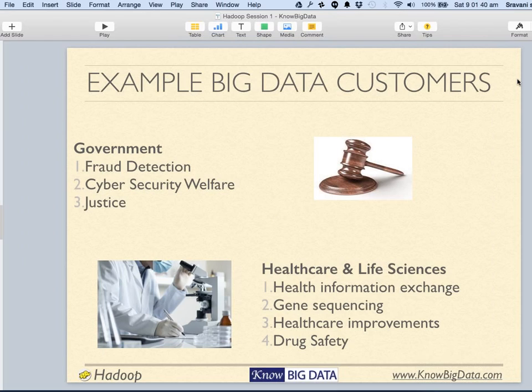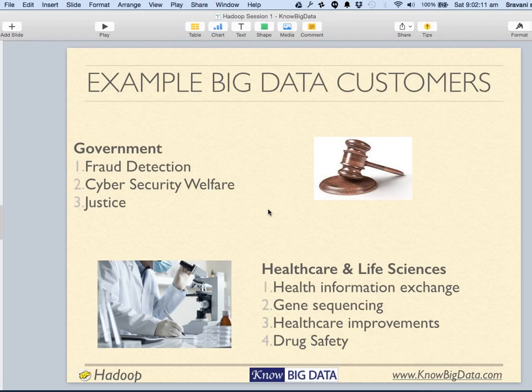And in healthcare and life sciences, there are a multitude of uses, many use cases where big data is inevitable, such as health information exchange, gene sequencing, healthcare improvements, and drug safety. Can you give any example?